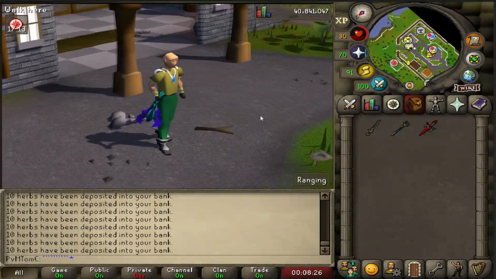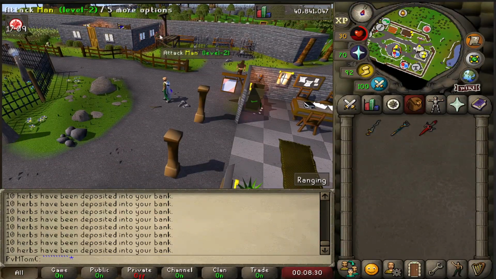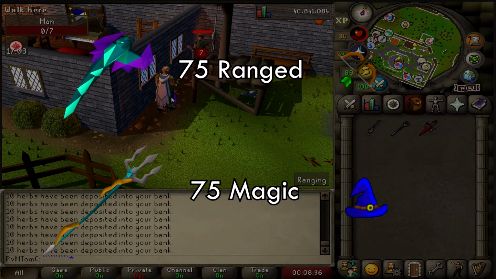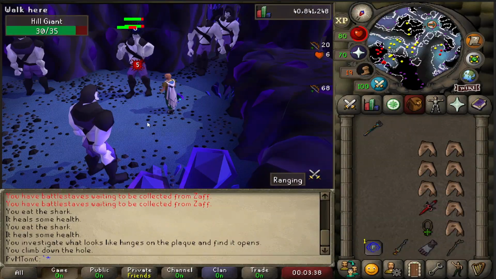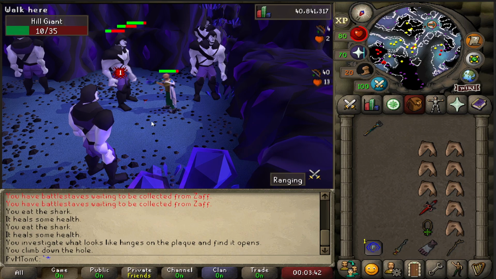Right, I remember not too long ago when I thought my account started to get a bit beastly. 75 range, 75 magic for the blowpipe and for trident is where it's at. Then you'll start to feel your account doing a lot more damage, higher DPS. They're very consistent weapons, consistent damage, and they're so useful in so many situations, like blowpipe for the fire cape,